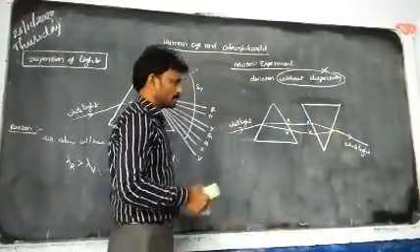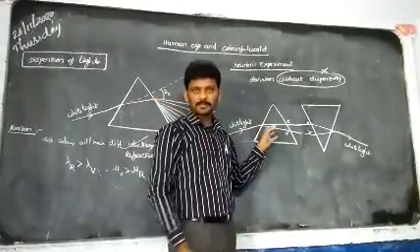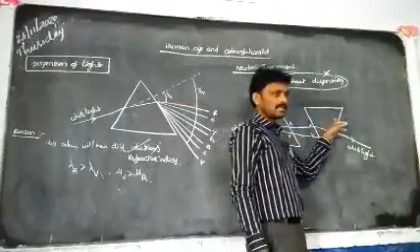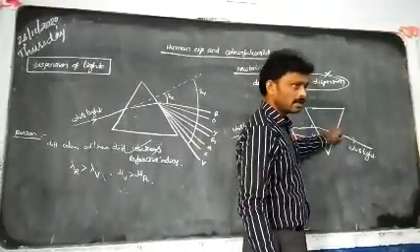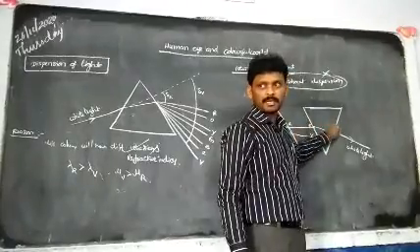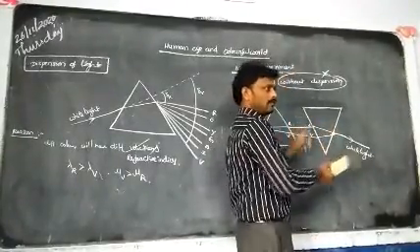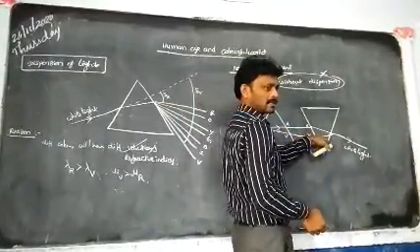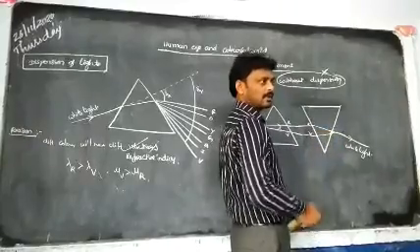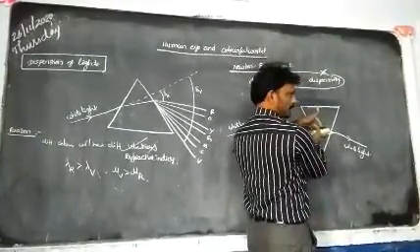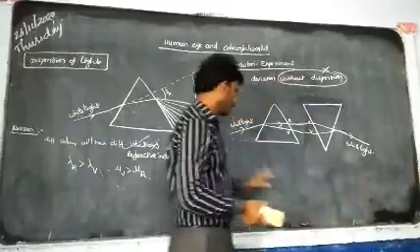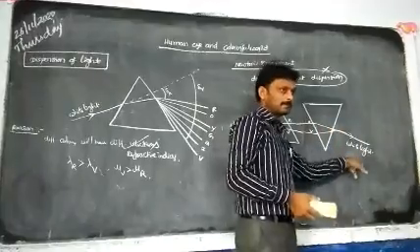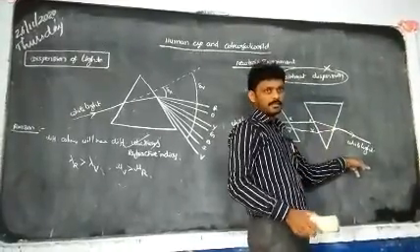Okay, then? So experimentally they are explaining what is happening at the first prism. Dispersion. White light splits into 7 colors. What is happening at the second prism? The 7 colors recombine. Here white light undergoes dispersion, so splitting happens over here. But here I kept the prism in reverse manner, so recombination takes place. Again what color are you getting? White light. You are taking white light and coming out also white light. So which is absent here? Dispersion is absent.